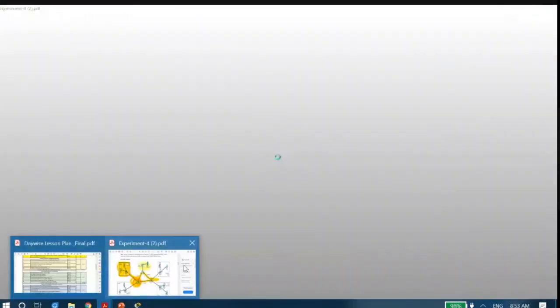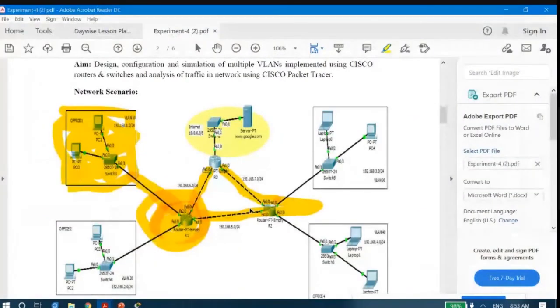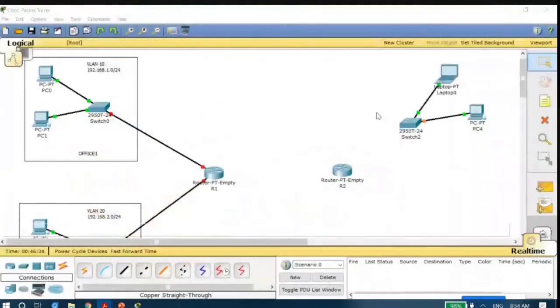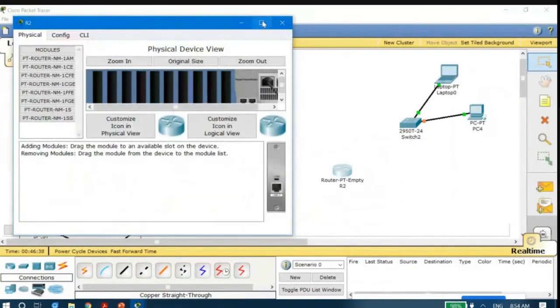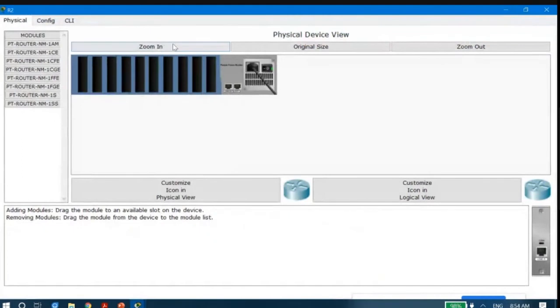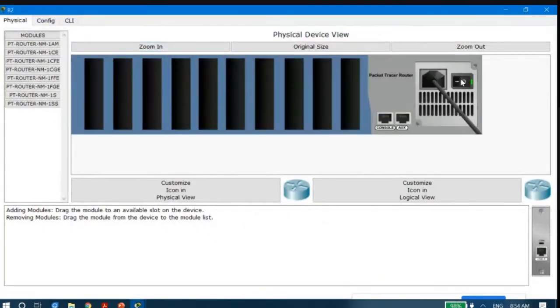Now, if you look at this router, it is also connected to 4 different links. That means you have to add 4 cards here. So let me click on this router once. I will get this window and will turn the router off. Now I will add the cards here.